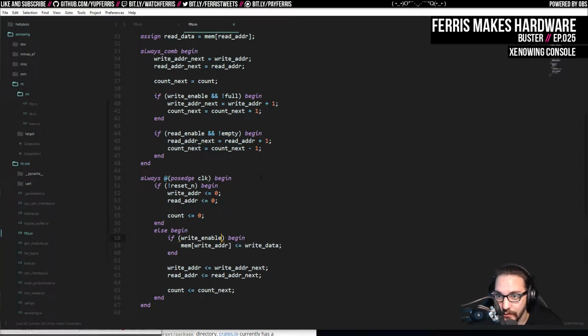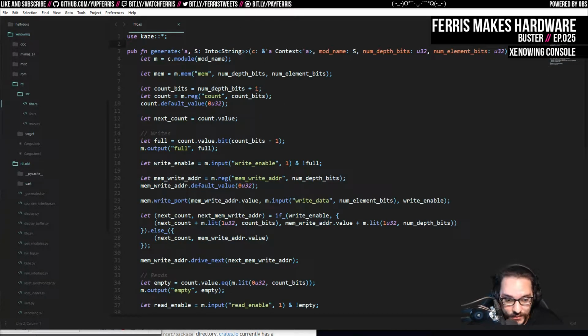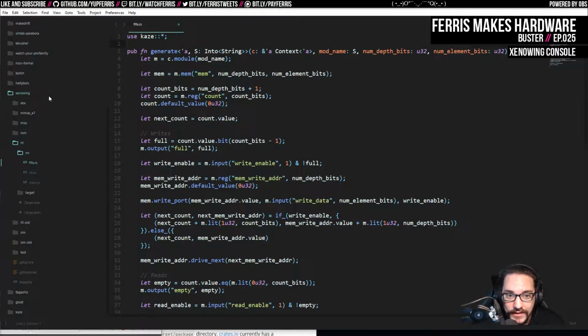But one of the advantages and one of the reasons why I wanted to do Kaze in the first place is because I wanted to be able to test a lot of these modules in Rust simulators, just because I thought that would be comfortable and nice to set up. And it turns out I'm pretty happy with this. So in this,